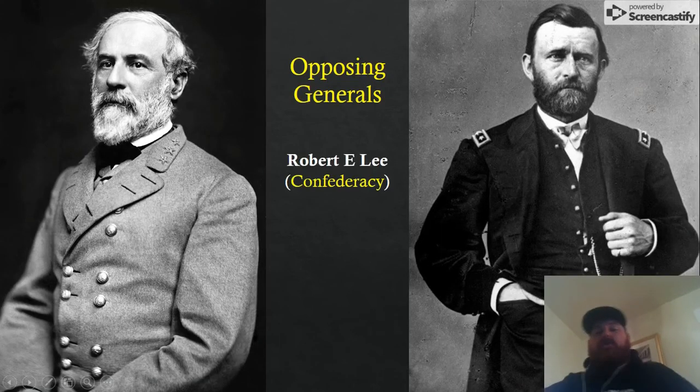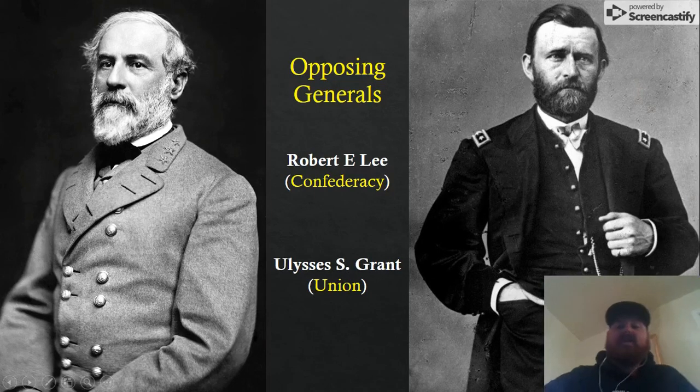The opposing generals, you have Robert E. Lee, all right, the famous, like the Dukes of Hazzard, General Lee, named after this guy. And he was for the Confederacy. And you also have Ulysses S. Grant, who was a part of the Union. Now, Ulysses S. Grant was actually from the South, but he saw opportunity to, and he actually was kind of for slavery, but he saw opportunity